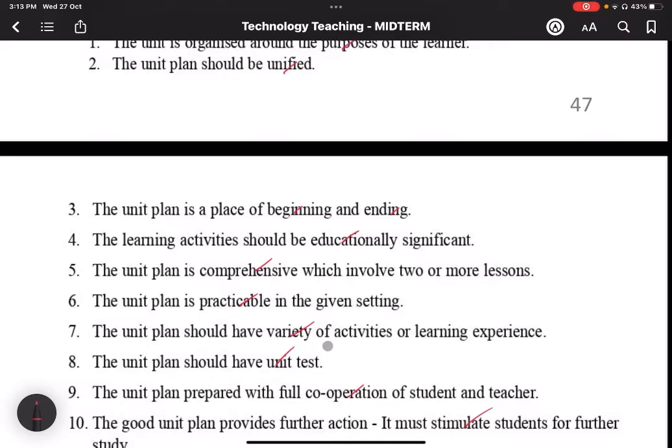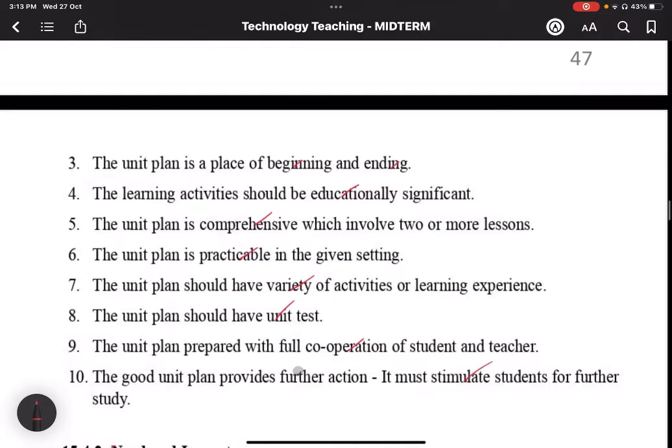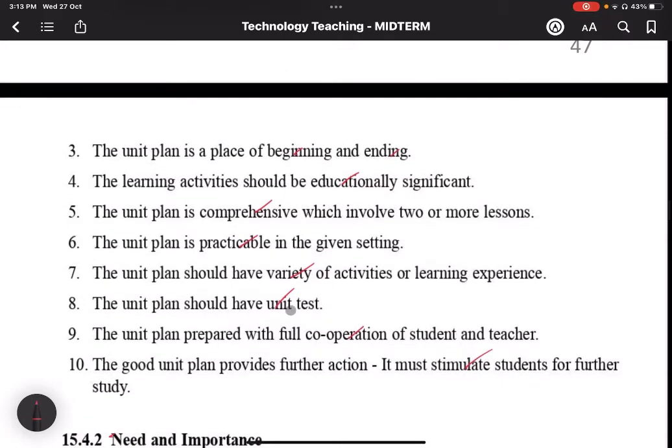Unit plan should have variety of activities, learning experience. Unit plan should have unit test at the end of the unit plan, no? Yung teacher should be able to give test, to give evaluation. The unit plan is prepared with full cooperation of student and teacher. So, again, yung principles natin sa taas, okay, incorporate dito, no? Sa pag-prepare natin ng unit plan, kailangan daw natin i-account,